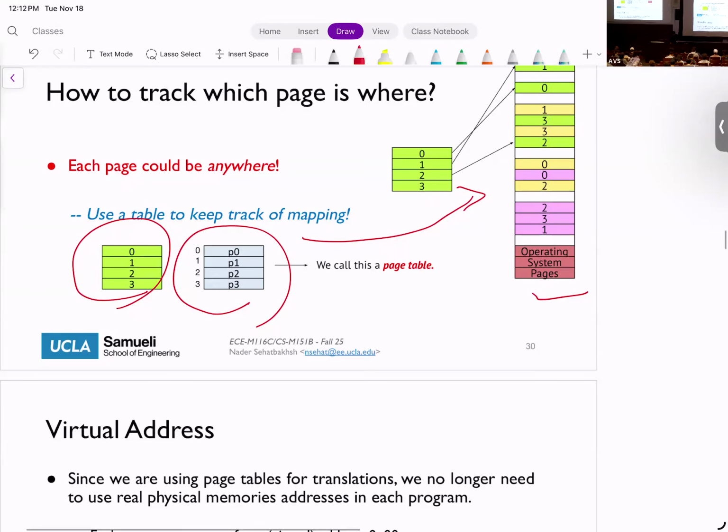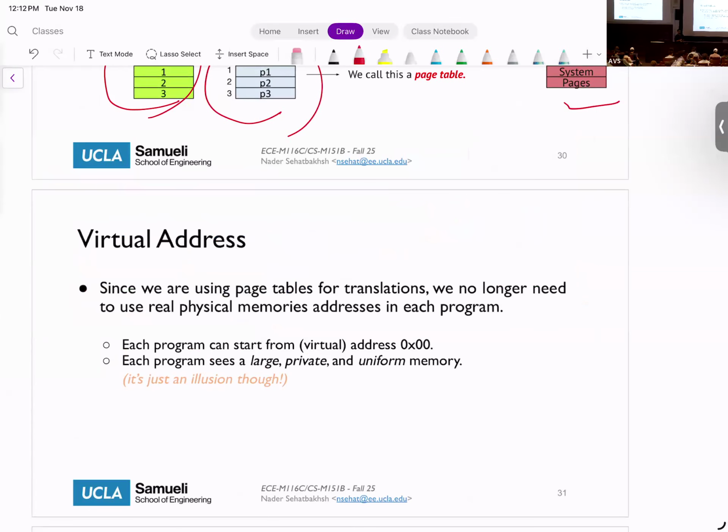Okay, going back to what I was going to say: this gives us an opportunity for this thing called virtual address. Why do we want virtual addressing? Virtual addressing is very nice and handy when we are writing programs. The idea is that when we are within a process, we don't necessarily need to know where each of these pages is.